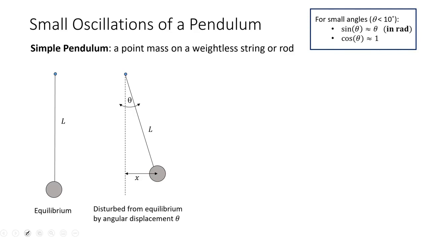You're going to have the weight of the bob downwards and the tension in the string pulling upwards to maintain that equilibrium position. Okay, and so then what if we disturb our pendulum from equilibrium? So we pull it to the side. Here I have shown an example where I've pulled it to the right,